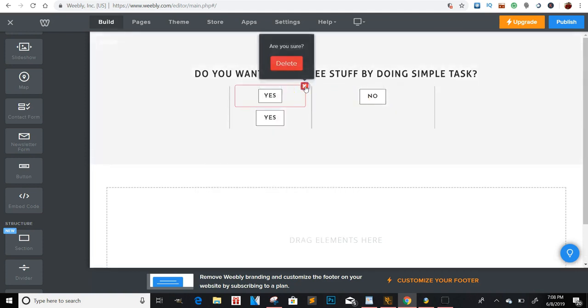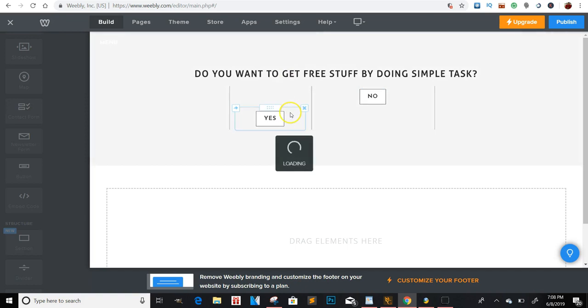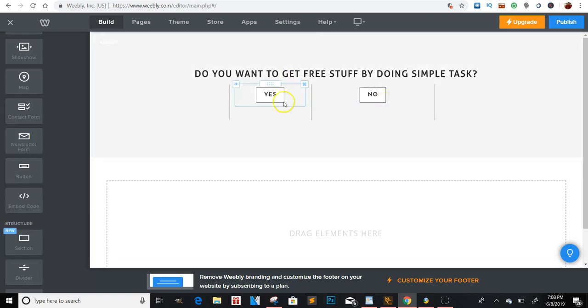So I'm going to delete that one. So that's as simple as it is, okay, for you to get that. After you put your yes button, you add another button and put no. Then you want to add spacers on both sides to bring these two closer together, or otherwise they're going to be very spaced out. So for instance, the yes will be way over here and the no will be way over here. So we want to bring them together